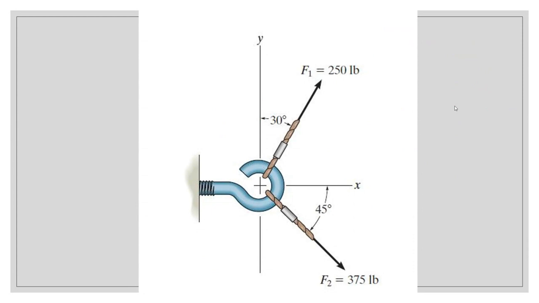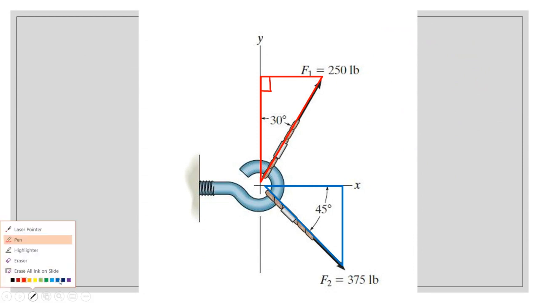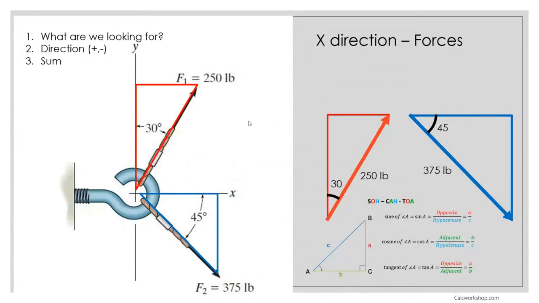This is a typical problem that you see in statics. It's usually the stuff that you see at the early stages of it. What we're going to do is break these up into two separate right triangles. Working with right triangles makes your life a lot easier in these kinds of classes. So you have a right triangle there and a right triangle there, the red and the blue. I was nice enough to separate them for you. This red triangle represents the 30 degrees one, and you have 30 degrees, and the 45 and the 45.